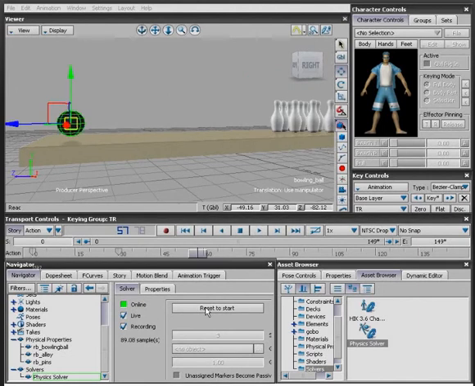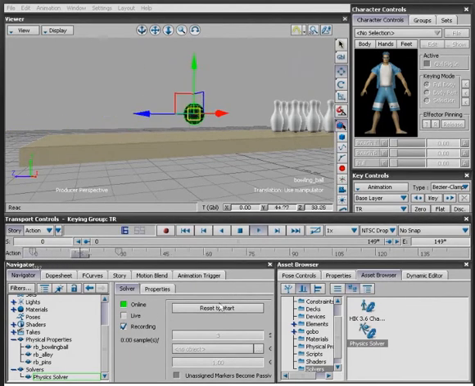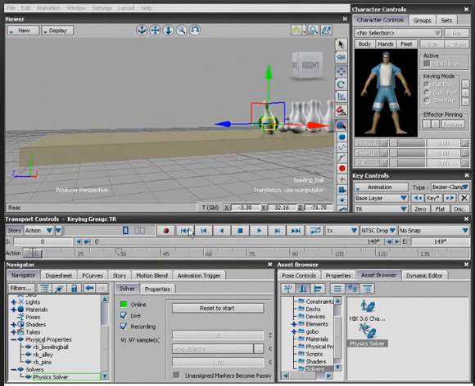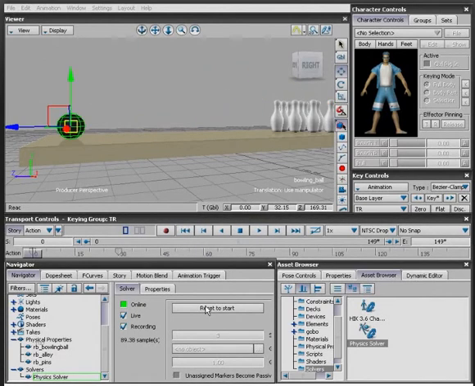So now we can stop, reset to start. Okay, it still hasn't updated. Let me try that again. So I'll turn off live, play it, reset to start. Let's turn it back on here. Alright, no go. Something else that can help is basically turn off live, reset to start, turn your solver off,